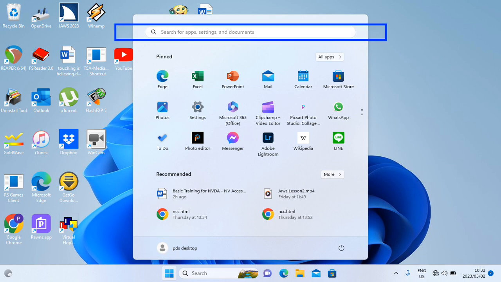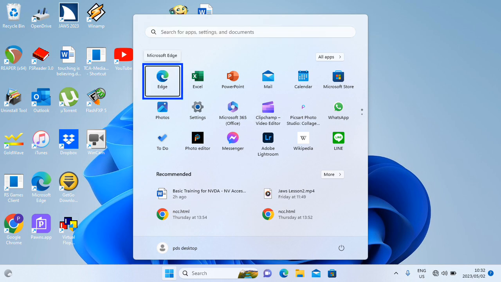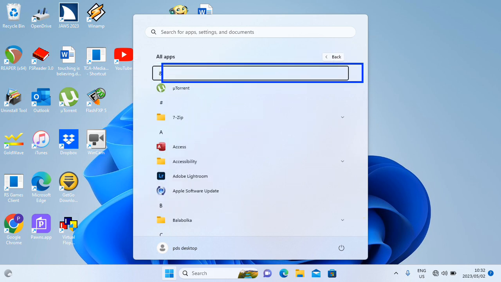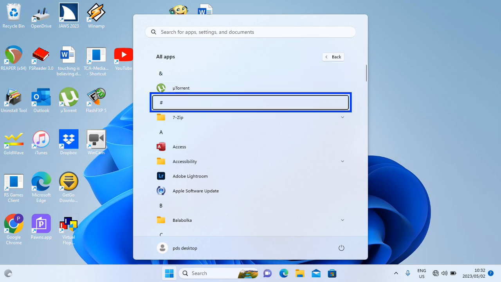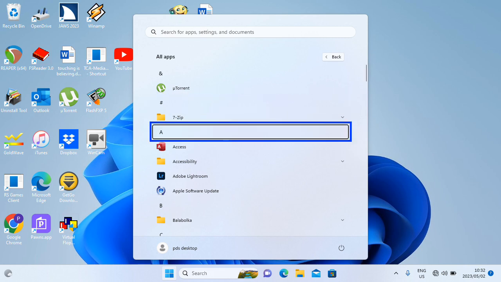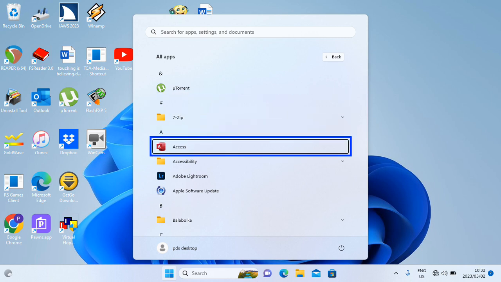What I want to concentrate on is the all apps button. I'm going to press tab. Pinned list. All apps button. I'll press the space bar. All apps list. Grouping 1 of 27. Okay, and there is a list view, which you can arrow down. Torrent. 7 zip folder. Access 1 of 4. And there you will get all the